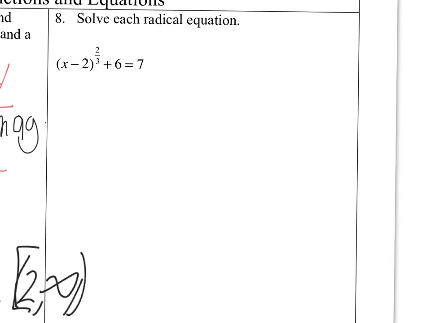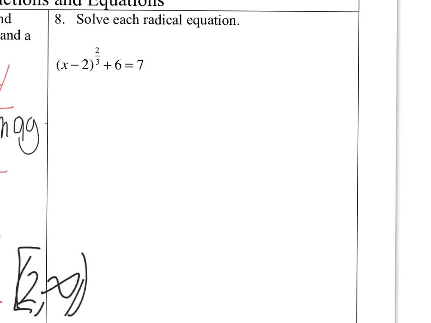Okay, solve each radical equation. Oh man, this one has a fractional exponent. Whatever could I do? Well, let's start by getting this piece by itself. So maybe minus 6 to both sides. And I get x minus 2 to the 2/3 is equal to 1. Okay? I'm going to rewrite this as x minus 2